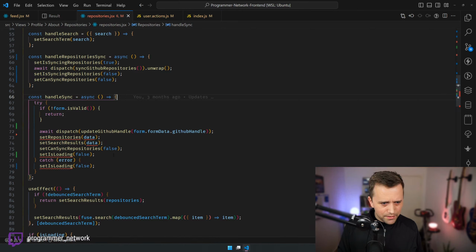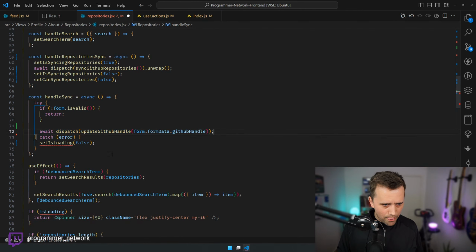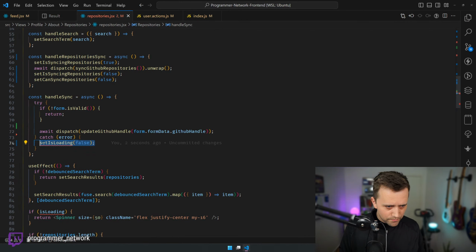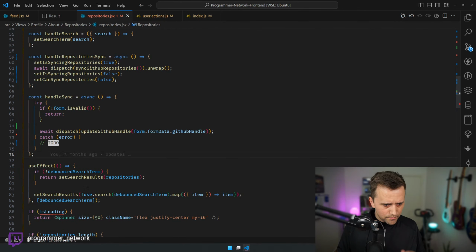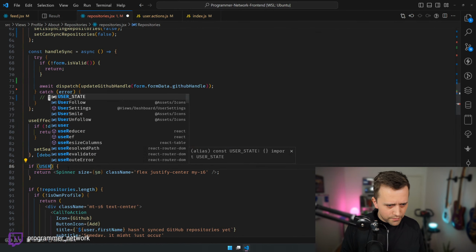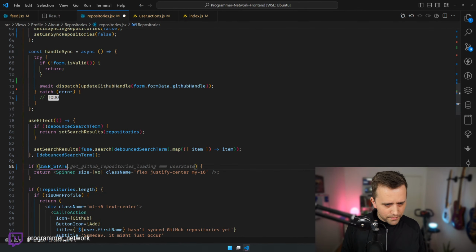Then this handle sync, what is this gonna do? So this is gonna... then here we're gonna say if user state get GitHub repositories loading is, yeah, actually this thing is pretty good.